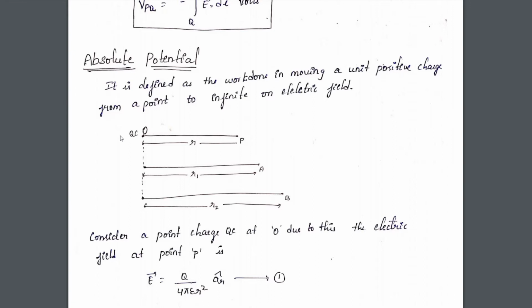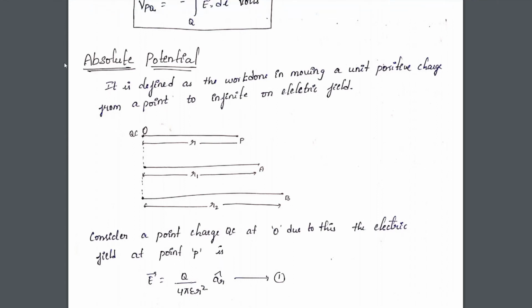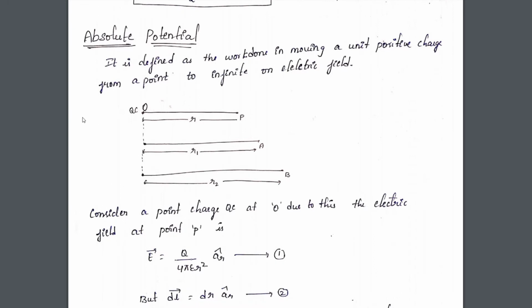So you should know the difference between potential difference and absolute potential. All are work done only, but absolute potential is a work done in moving unit positive charge from one point to somewhere at infinity and in an electric field. And this potential you need to derive, and this potential here in this case is calculated finally in terms of the charge q. So how do we arrive at this expression?